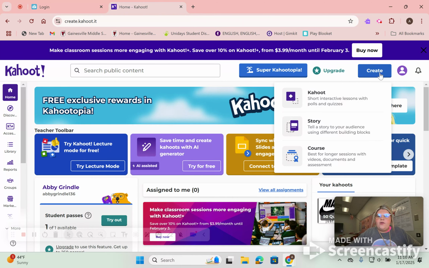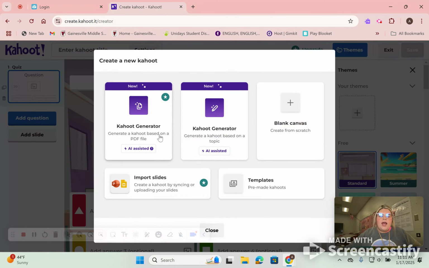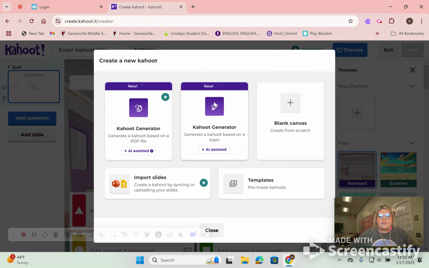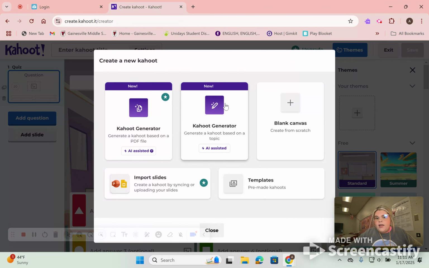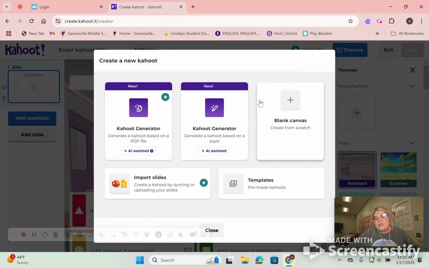If you click it, it comes up with just regular Kahoots. You could do a story time and then a course, which is for longer sessions with videos and documents that you need to upload. I'm going to click on just the basic Kahoot, short interactive lessons, quizzes, and polls. And it has a cool tool where you could enter a PDF through AI and it will come up with questions for you. That is only for the users that pay, which is fine,